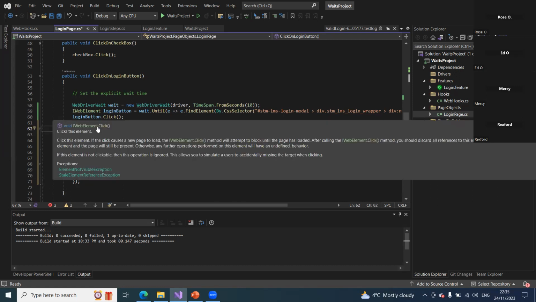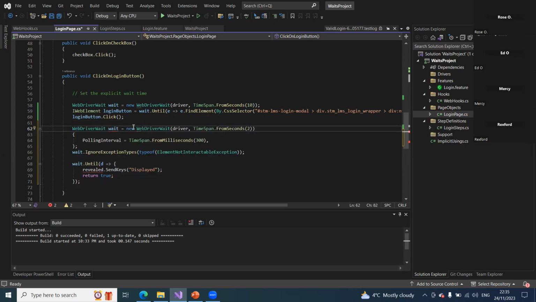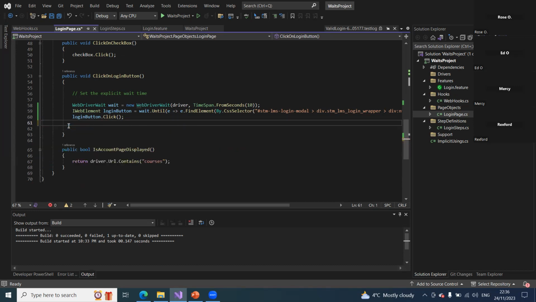So all what you need is to have the block of code and you put it in your action class and you just amend it according to your code or your element or the locator you are using. So yes, that's pretty much it for waits. I don't know if anyone has got any question. If there's anything which is unclear, then we can